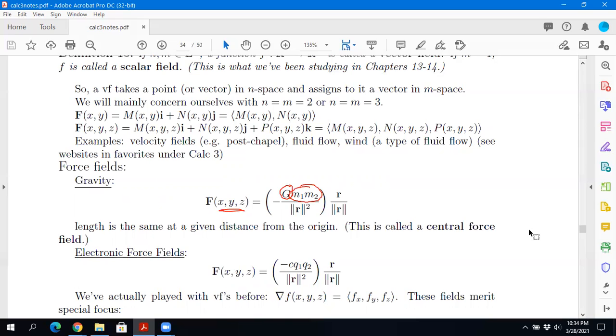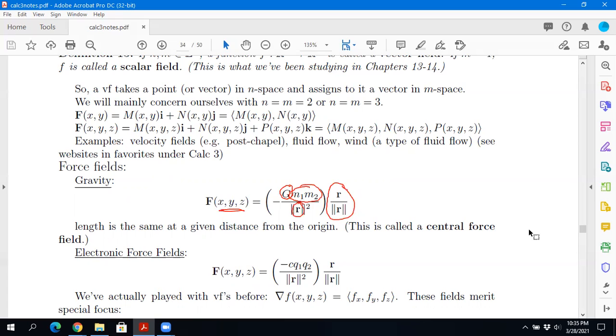R is the distance between those two bodies. And then this is a scaled unit vector that represents the direction between those two bodies. This is a pretty famous formula related to Newton's law of gravitation,